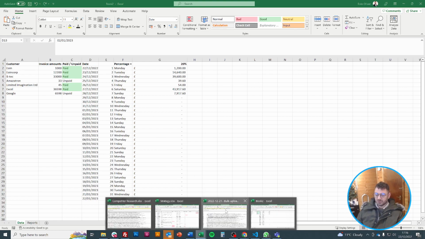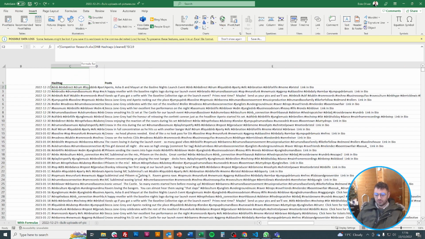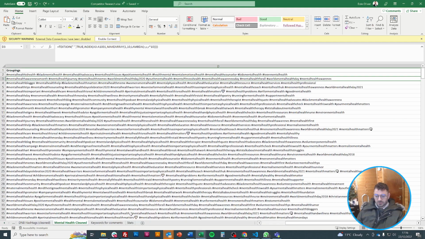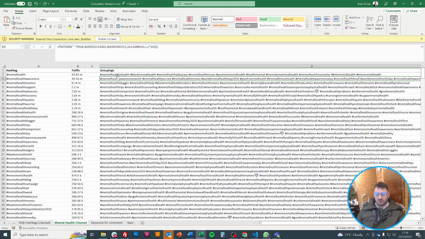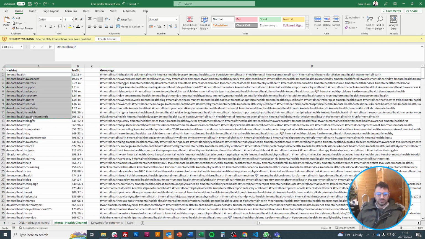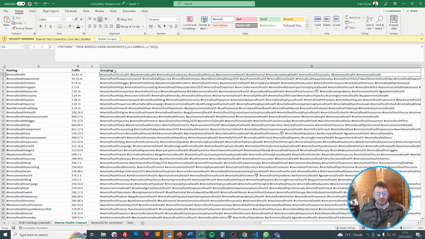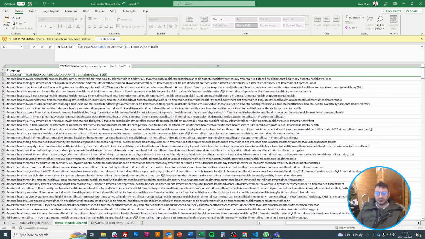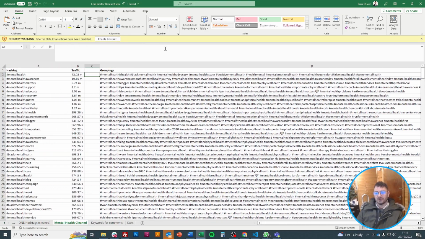You will see, if you look at some of the spreadsheets I make, you'll see things like the way I do them. If you look at the competitor research, in this case we wanted to do the groupings, so we did a text join, and we basically want to join all of these together, but we only wanted to join 10 together because Instagram doesn't really like more than 10 hashtags, so we followed that as a rule. So we did the text join. Delimiter was a space, ignore the empties was true, index, we basically said text1 is an array, and then we make array, and what we do is use a lambda function. We basically say just choose 1 every 10, so you don't pick